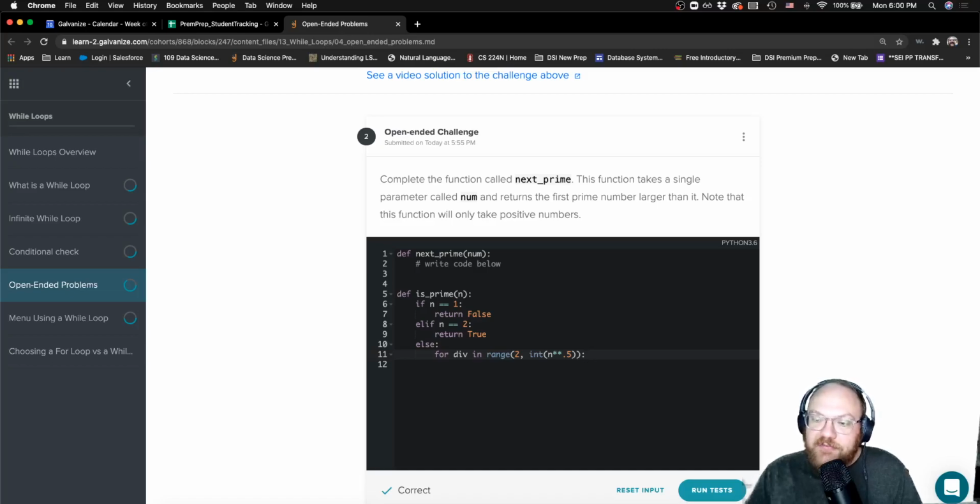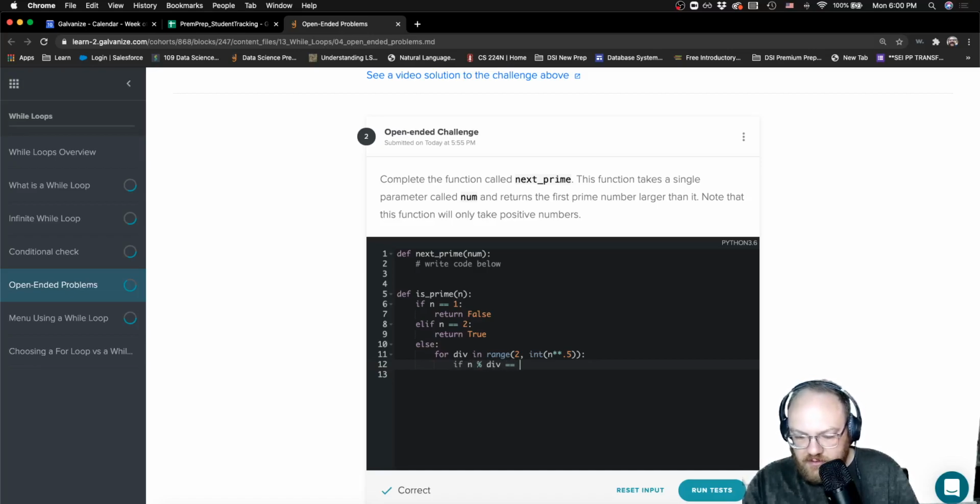So there is, in fact, no reason to check beyond the square root of a number, but we do have to go ahead and use the int version of that square root, because a lot of those square roots are going to be irrational or have large decimals, and the range function is always going to be looking for an integer. So I'll digress from that, and if we're going to say if our number n is evenly divisible by